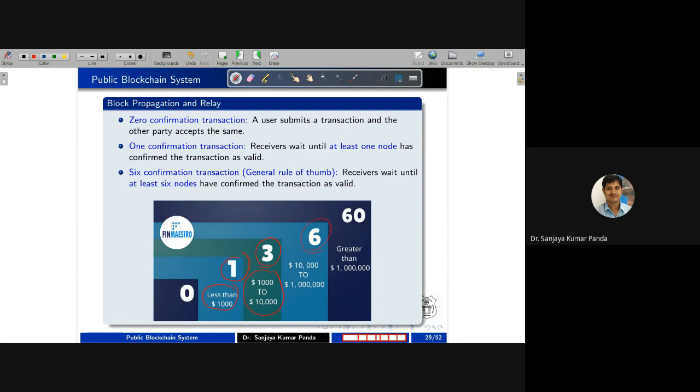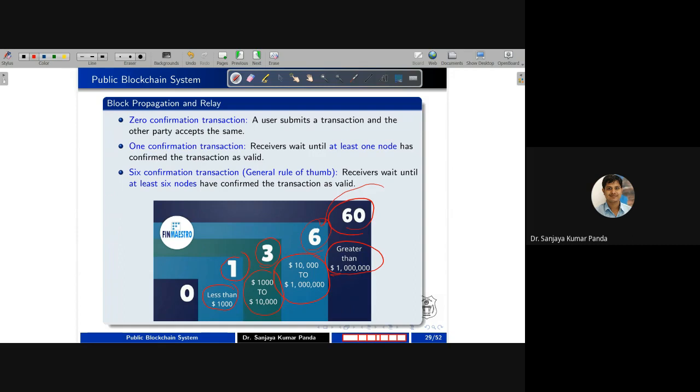Similarly, there are six confirmation transactions, which is a general rule of thumb. In most cases we use six confirmations, so we wait for six different nodes to confirm that a transaction is valid. Although the amounts are written like this, in most cases we use six. But if the amount is much higher, like $1 lakh or $10 lakh, then you need 60 different nodes to confirm that transaction